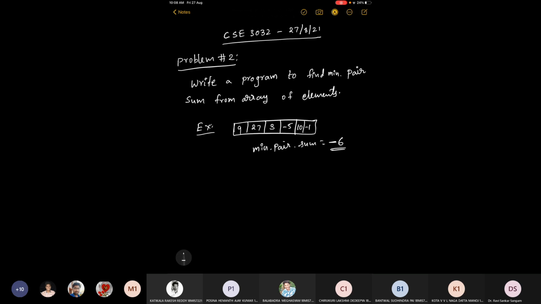Find the sum of one pair. The minimum sum is -5 and -1, total -6.